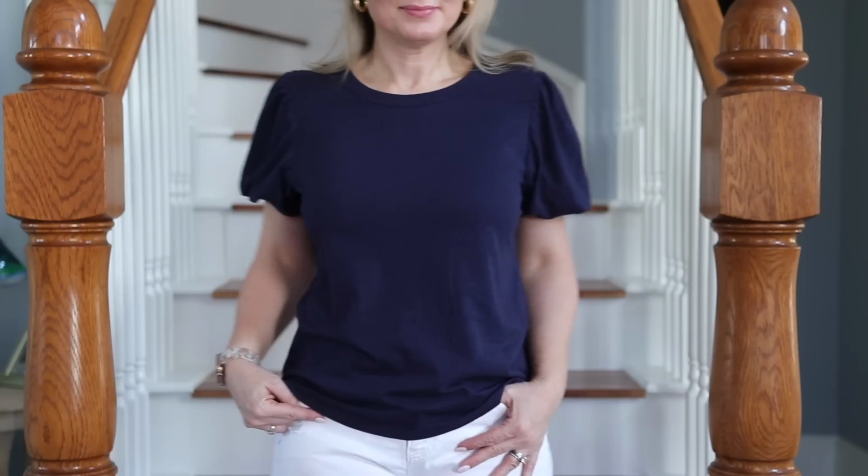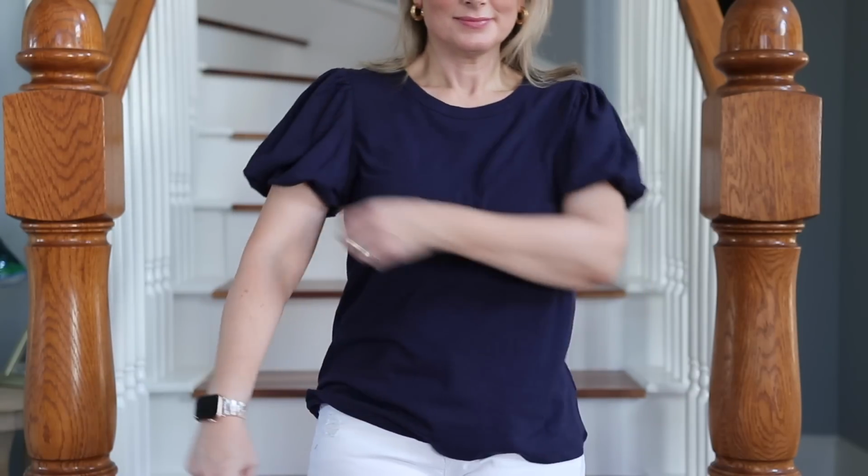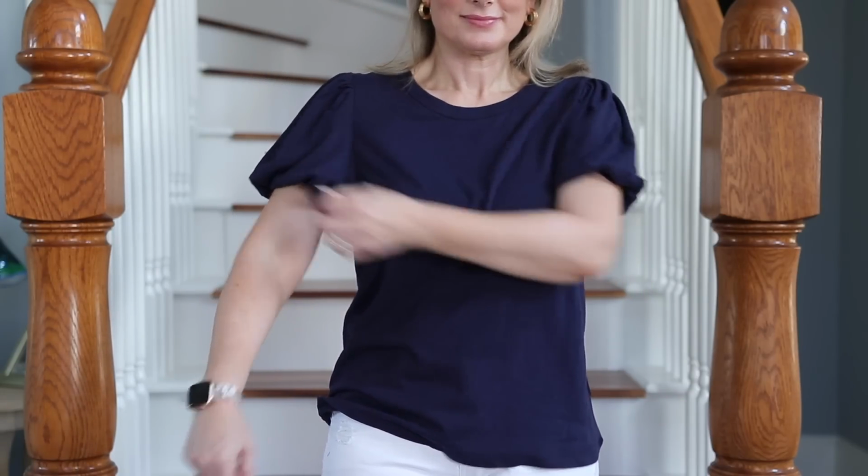I love it. It does go in and out of stock in various sizes, so if it's not available online at the moment, check again later, or you could just pop into Walmart and check there. Number 2 on the list is what I'm calling the bubble sleeve top, also from Walmart, also very, very friendly. Again, it comes in a variety of colors. I went with the navy. It's a basic tee, but it's a basic tee with just a little bit more going on without the